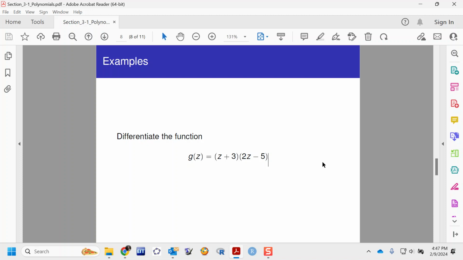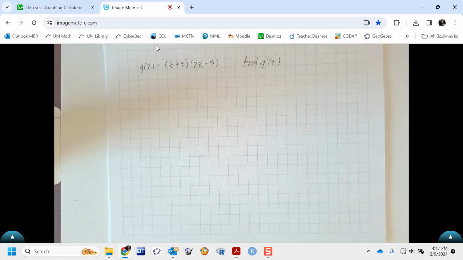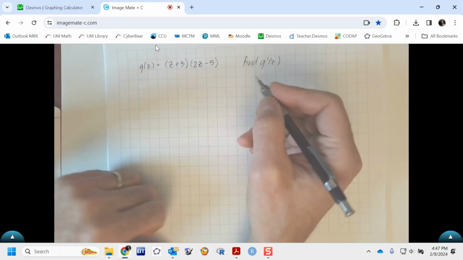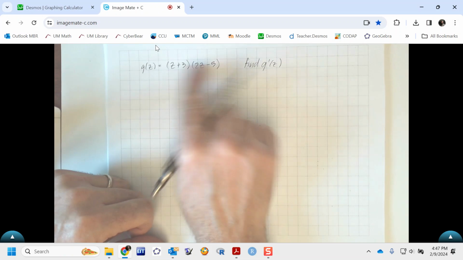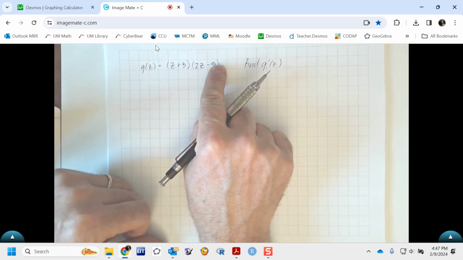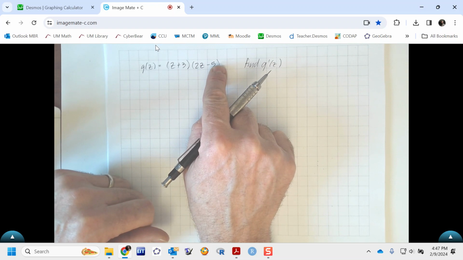And we're supposed to find the derivative. So we're going to try to find g prime of z. I'll go ahead and switch back over. So one of the things that you should have noticed in our list of rules is we have the product here of two functions, and we have nothing right now in terms of rules we've derived